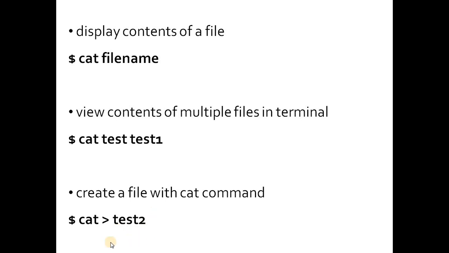You press enter, the cursor will be blinking, so it waits for input from the user. Type the desired text and then press Ctrl D to exit. The text will be written in the test2 file.